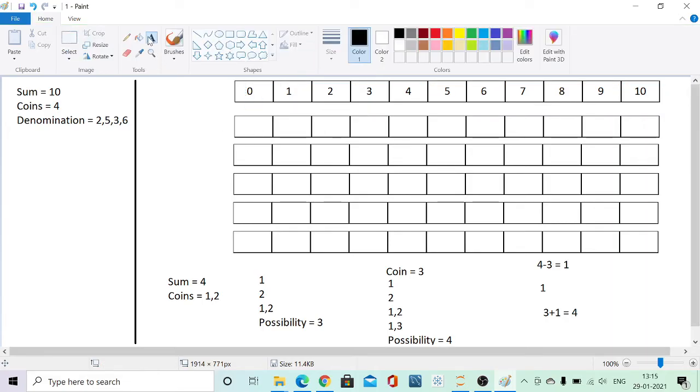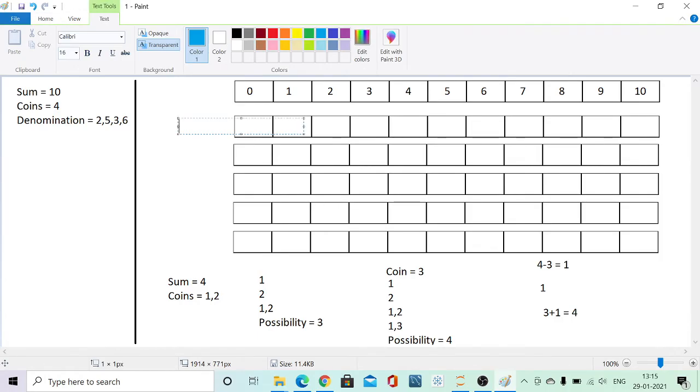Now just for starting, let's say I have only a coin of denomination 0. So can I reach a sum of 0 using this coin? Yes, it's a possibility. There is one possible way to reach the sum of 0 using coin of denomination 0. Can I reach to a sum of 1?